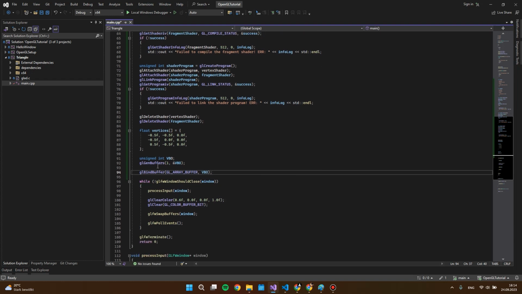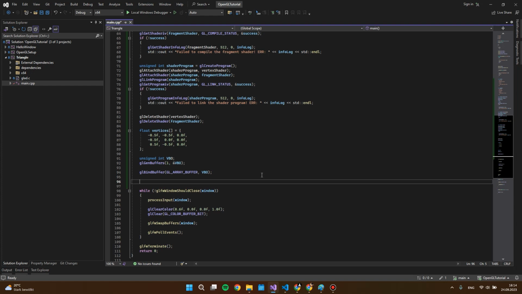What happened is that we created a buffer object and bound it, specifying the type, which is array buffer, and then we have to pass the data to this memory on the GPU. We call the function glBufferData